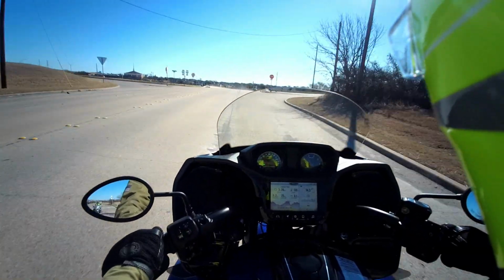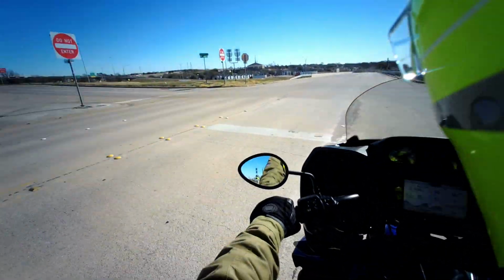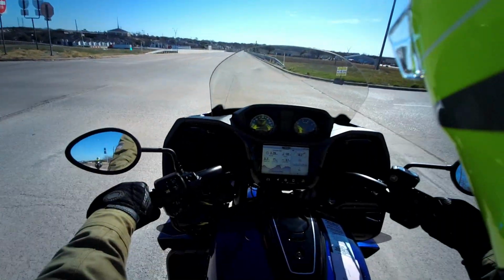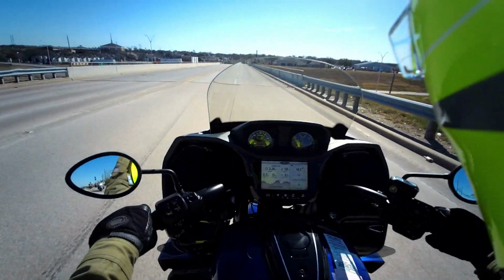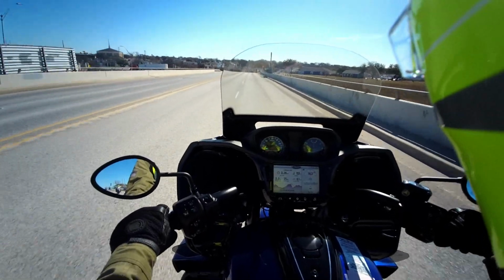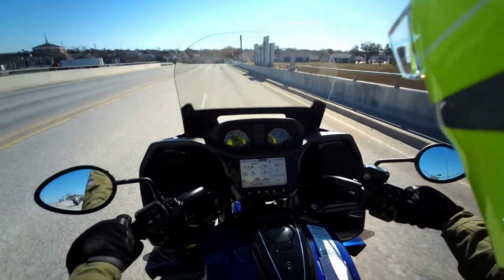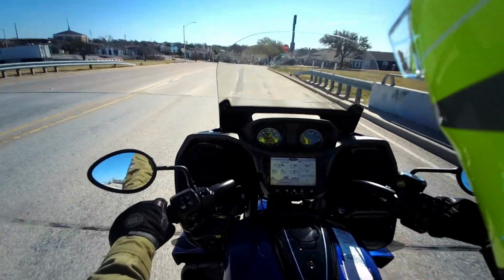With a quick double tap, it goes all the way down. And all the way up, this bike has a little bit more height on the windshield than my Challenger does when it's all the way up. So on a cold day or a windy day, you can put that thing up and you're just riding in a bubble, especially with the lowers. Now, I think on